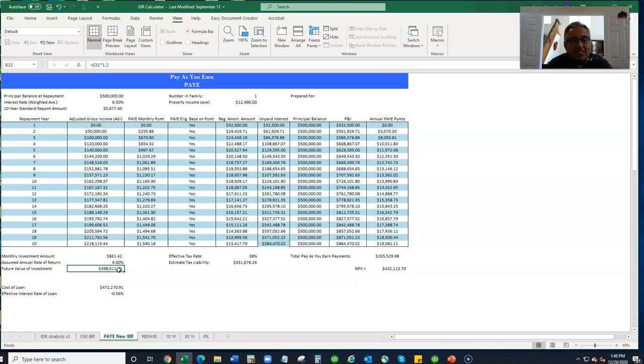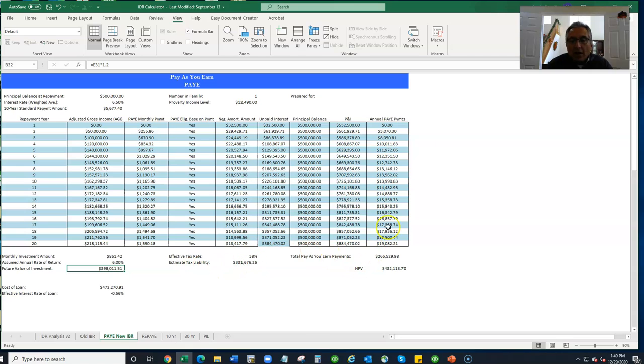The reason that you want this to be higher than the estimated tax liability is because the expectation is you'll be investing in taxable accounts, so there's a tax associated with this investment. You probably don't want to put it in a retirement account, because retirement accounts are subject to a 10% penalty if you withdraw before 59.5. Most of you will reach the end of the 20-year period probably by your mid to late 40s, so you'd be subject to that penalty. You want to avoid that, so you probably want to put it in a taxable account. And I do account for the taxable nature of this investment in my spreadsheet, so it's sufficient to cover that